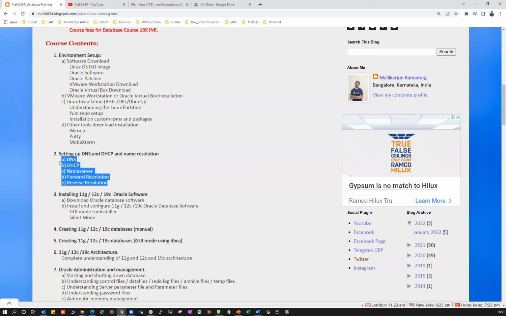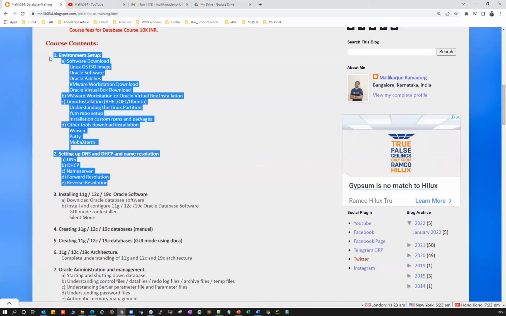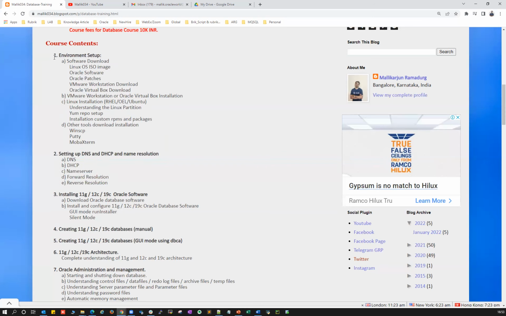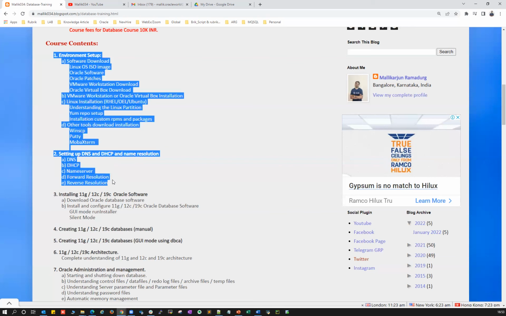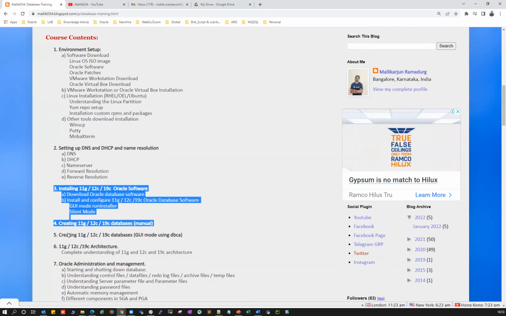So all those network concepts we're going to cover, because these are very basic understanding. As a DBA we should understand our Linux, and then your environment setup, followed by your basic subnetworking. Once you are done with these two basic preliminary understandings, then we'll start with our actual